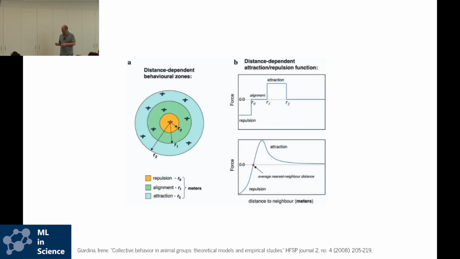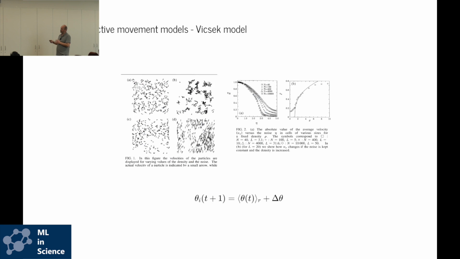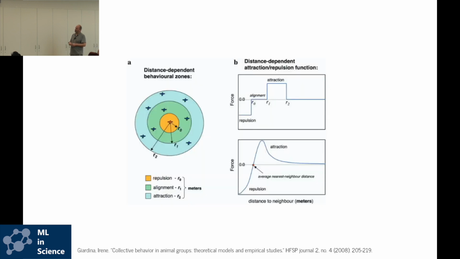This is a very simple model, the Vicsek model, where you just look at your neighbors within a zone of interaction, a fixed radius, and align with them. There are also more complex models where you have repulsion, attraction, and alignment. You can simulate these models and get really nice, visually appealing simulations that look like real collective behavior,